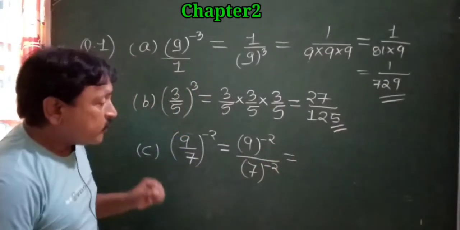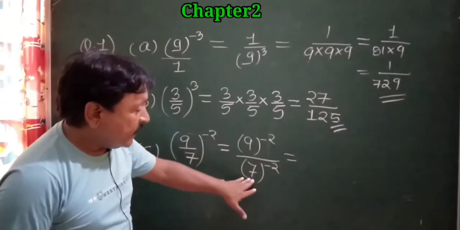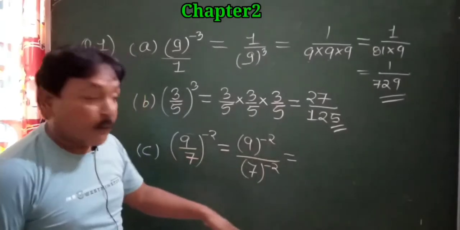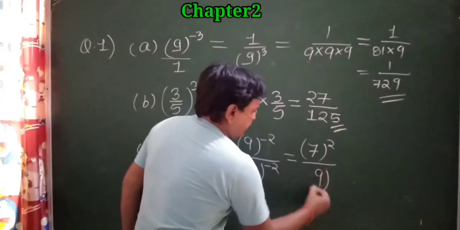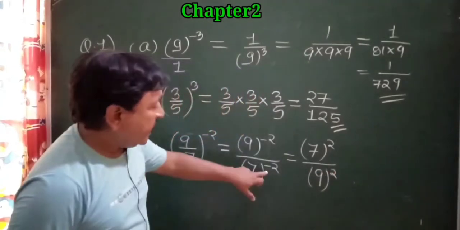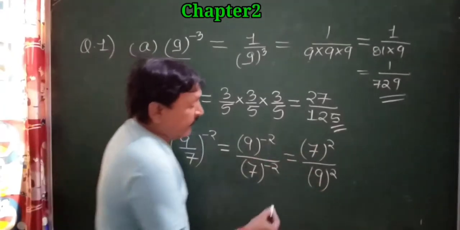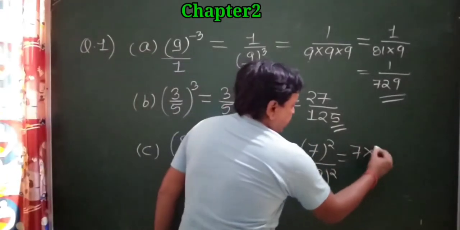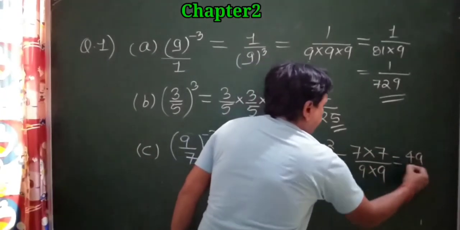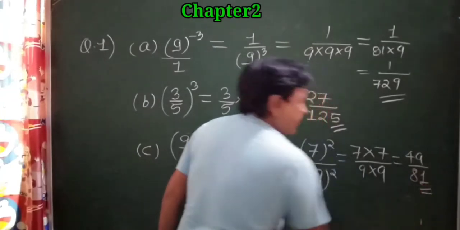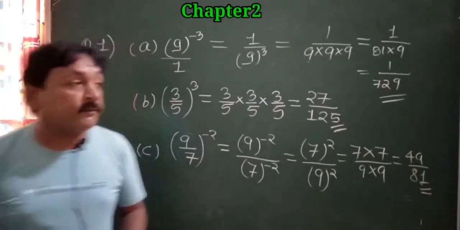Okay, so before solving, we have to make these exponents positive. So transpose this thing in the numerator and this thing in the denominator. So it will become positive, and this also will become positive when it comes here. Now we can solve it. First of all, expand it. 7 into 7, 9 into 9. 7 7 is 49, 9 9 is 81. Understood? So 3 parts I have done, the rest you have to do by yourself. Note it.